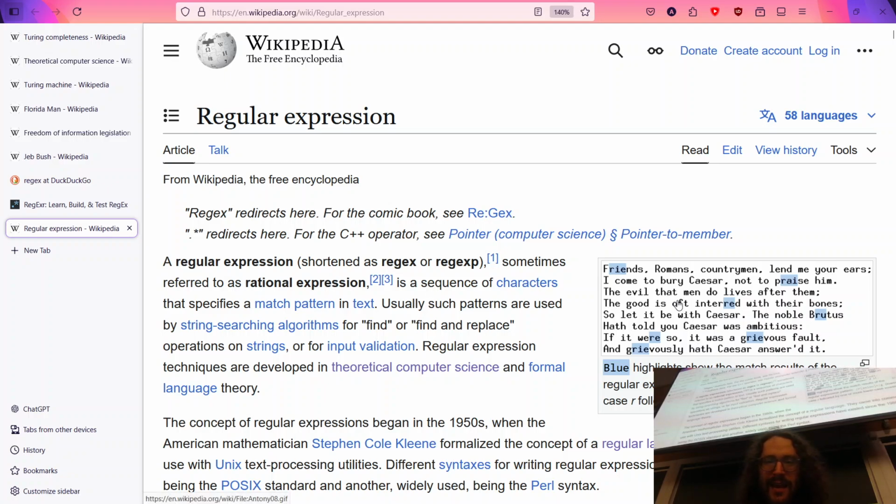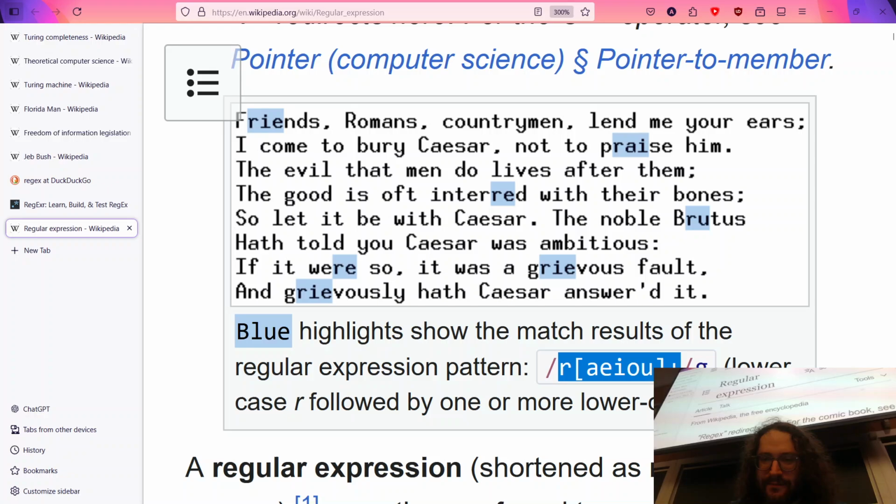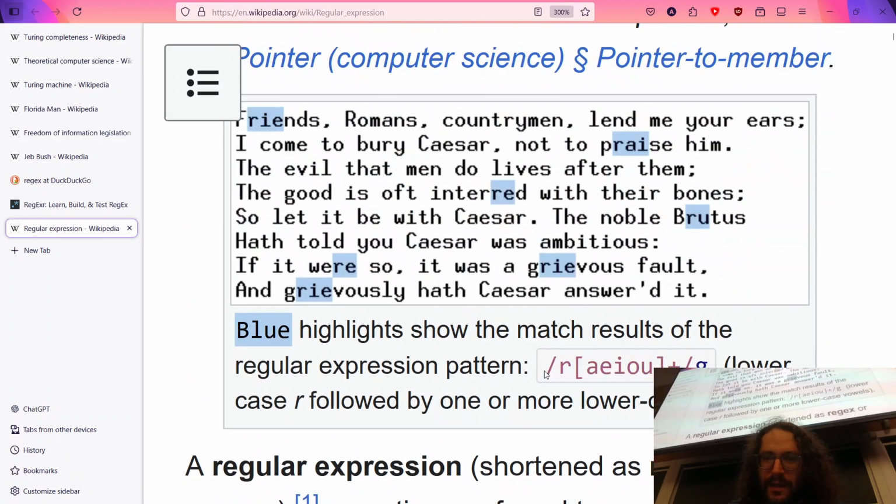Here is basically a regular expression that we've been given, which is this regular expression R open bracket. Let me zoom in so everybody can see this. So everything in between the slashes is the regular expression.